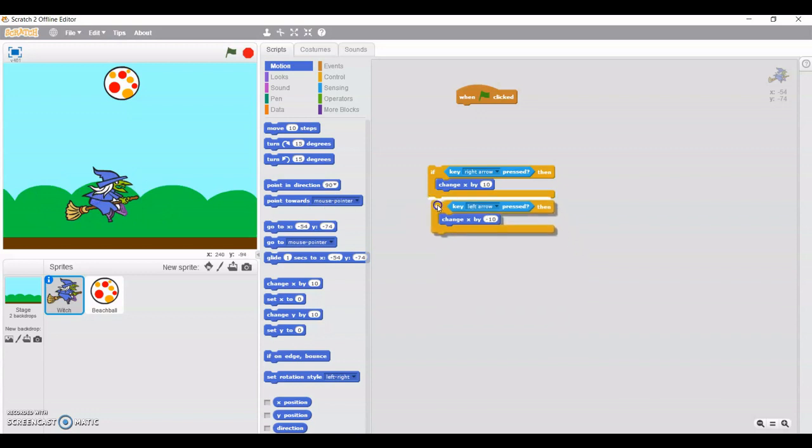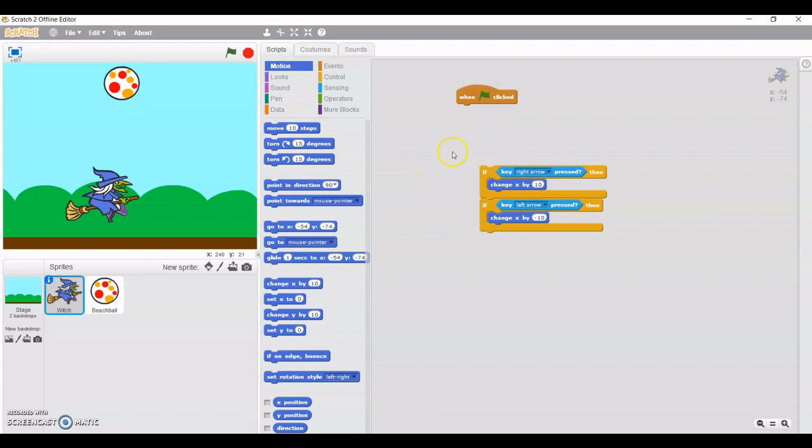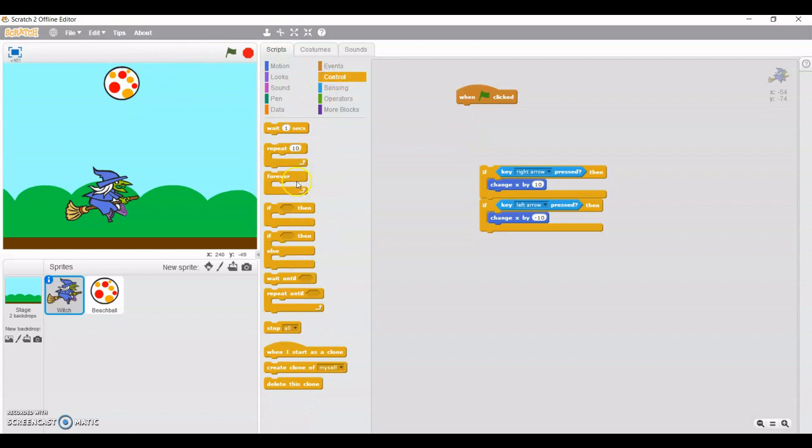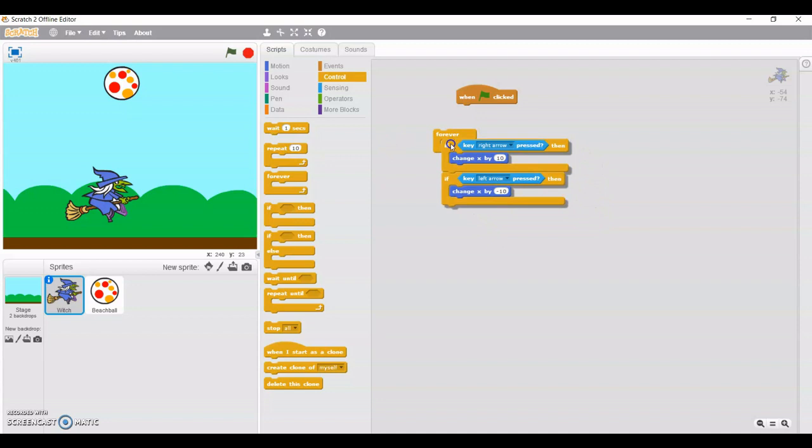Clear? Now join both if statements, and both things will happen again and again. When you click left arrow, it will move in minus x direction, and when you press right arrow, the object should move in positive x direction. You want this process to happen again and again, so you have to write it under the forever block.